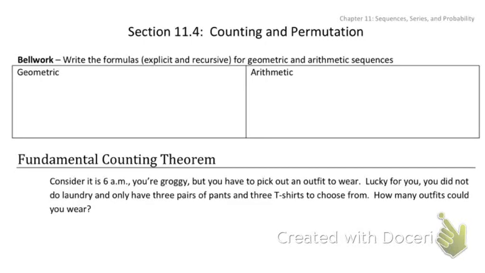Our explicit form for geometric. Geometric is exponential at its heart. It's multiplying the same number over and over and over again. So our geometric explicit is going to be a sub n equals our first term times r to the n